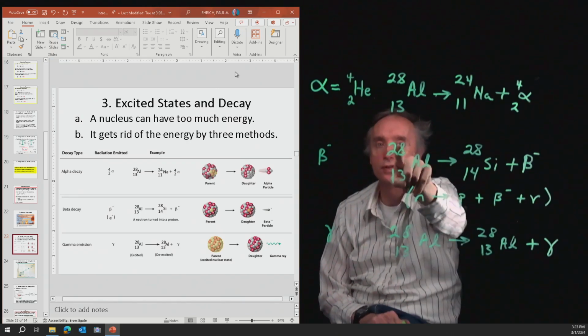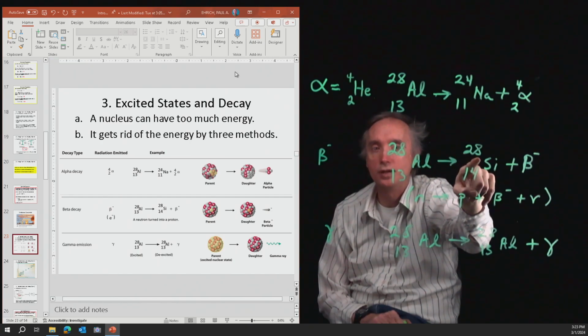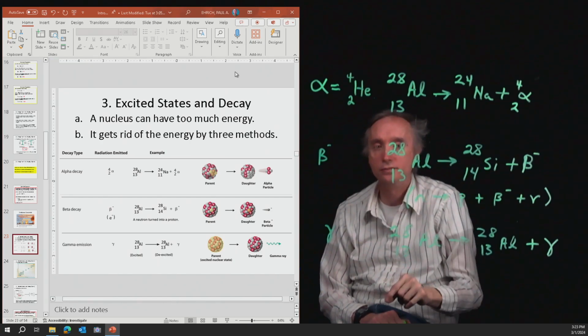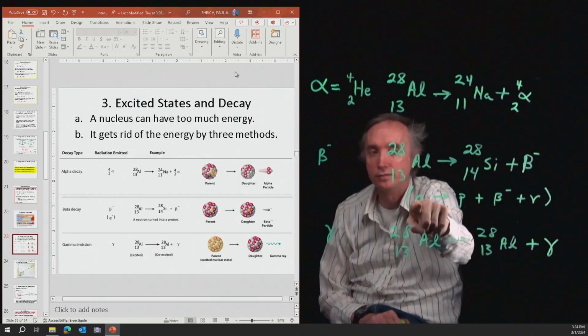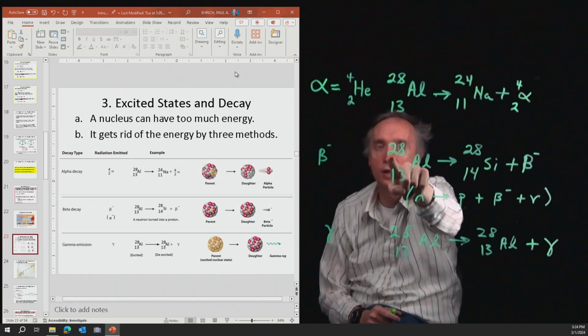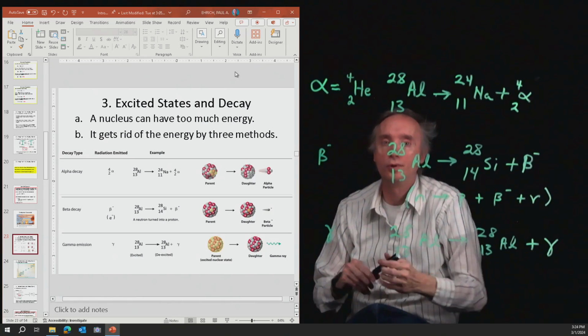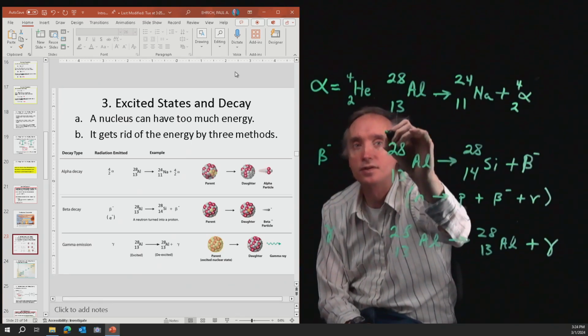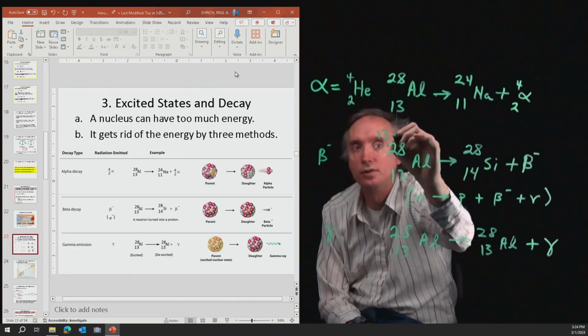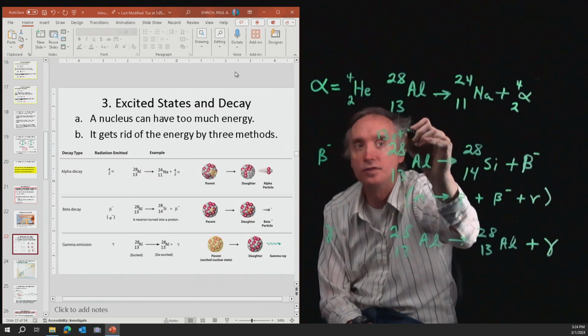So why didn't this thing go from 28 to 29? Because it's missing a neutron. So we can calculate it here. It's going to be 13 protons plus, now 28 minus 13 is 15